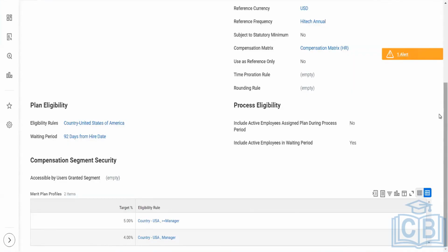Their increase will be effective from next January onwards. January to December will be the performance period, and that will be evaluated and ultimately paid out. The new merit increase will be effective in their salary right from March, which is from quarter 1 onwards.